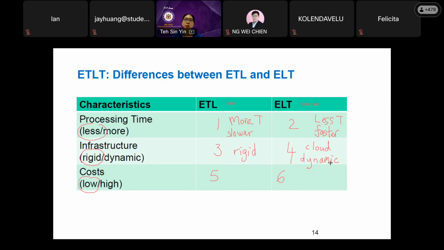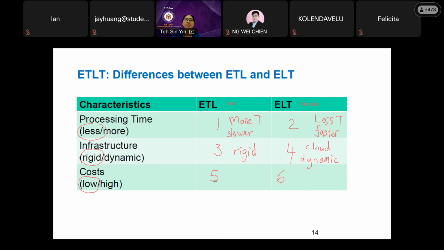So which one has a lower cost, 5 or 6? Majority of you say 6. Very few answer 5.